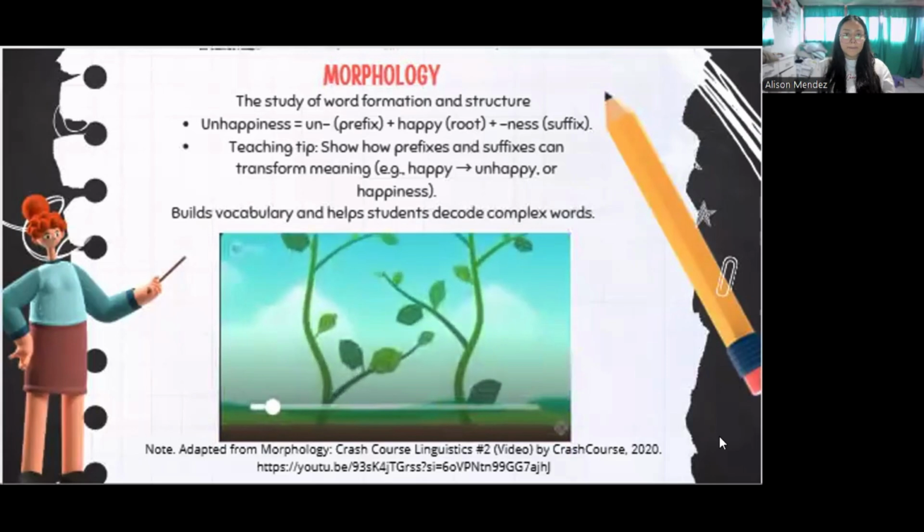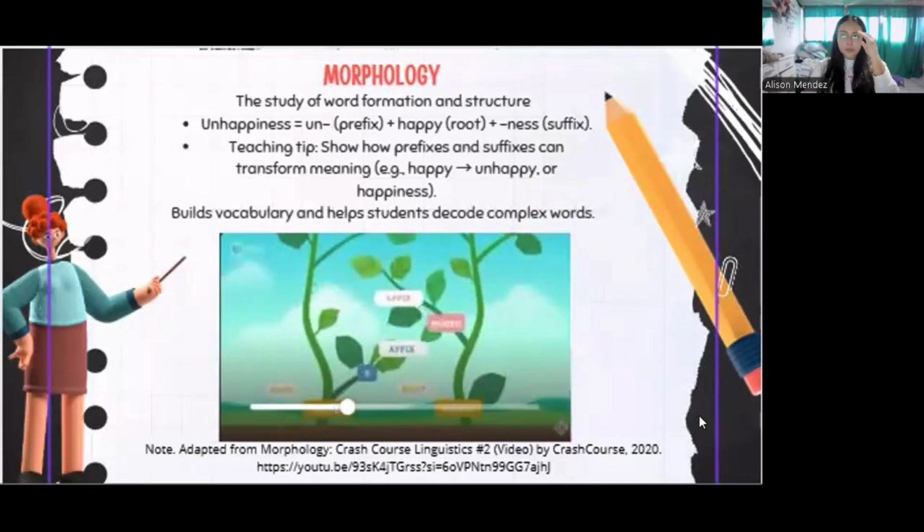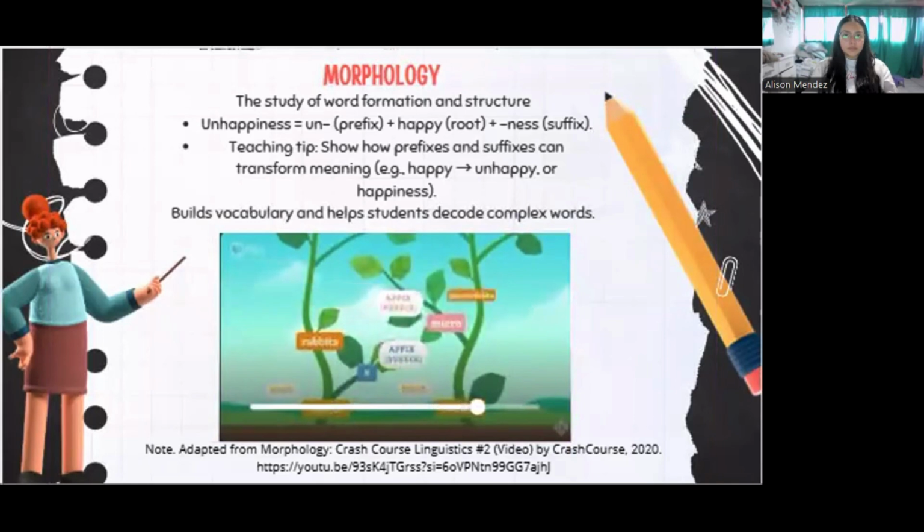morphemes as fitting together like the parts of a plant. In this metaphor, the most central part of a word is the root, and the other morphemes that are stuck or fixed onto it are affixes. So rabbits is made from the root rabbit and the affix s, since the s affix in rabbits comes after the root, we can call it a suffix. If the word has an affix stuck on before the root, it's called a prefix. To extend our plant metaphor, when we add a morpheme to the root, this new unit becomes the stem for